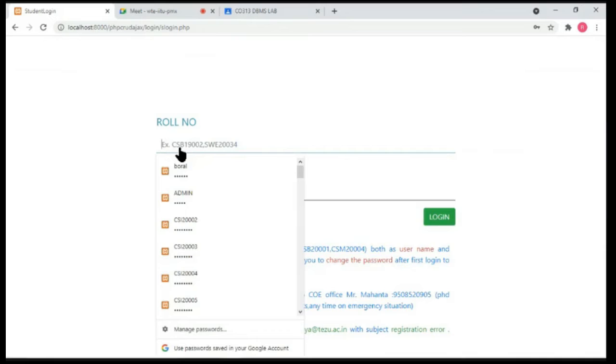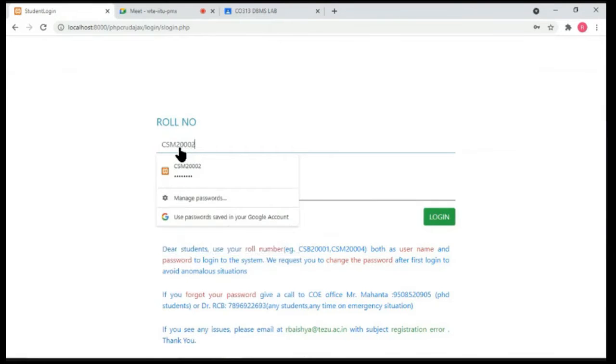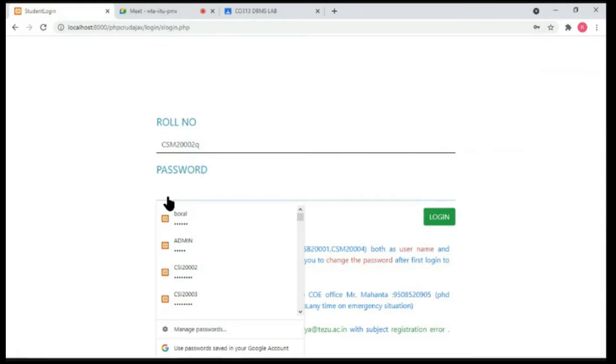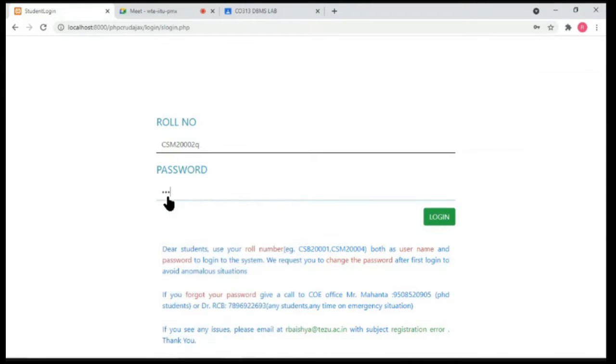So for example, the roll number is CSM20002, and intentionally I'm writing a Q there so that it's not a valid username. And then the password, say I write some password there, valid or invalid, and then I click on this login button. So what it will do is, as soon as I click on this login button,